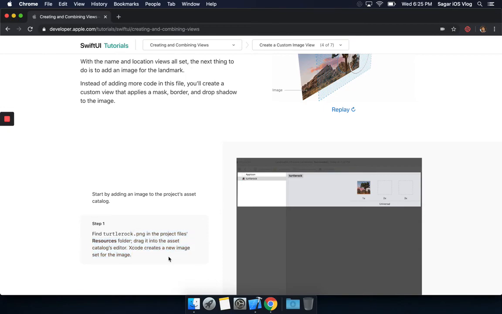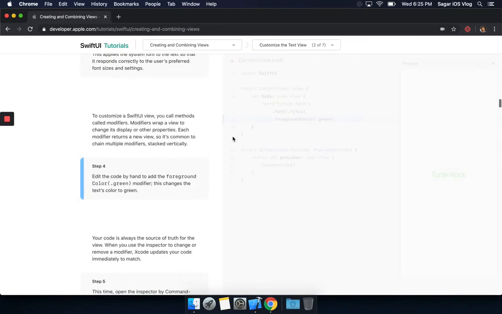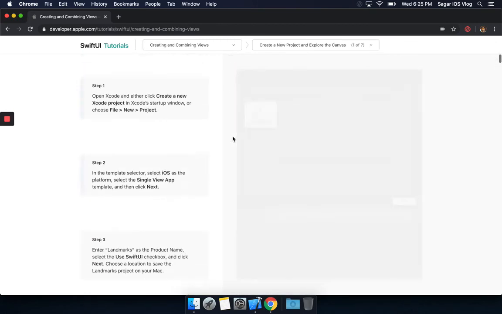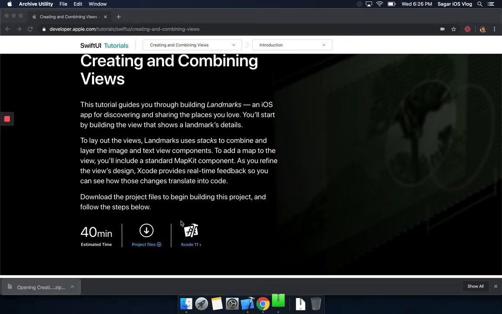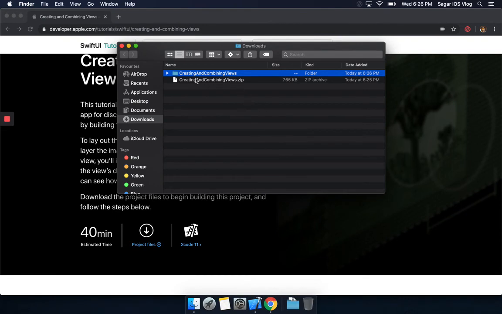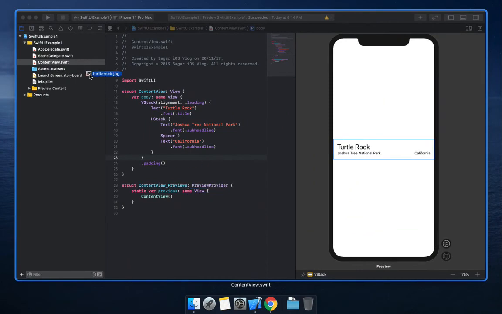We don't have this image, so we'll download this from the resources which is given over here on the top of the tutorial. I'll download the project files. Nice. Unzip it, and inside these resources we have this turtle log. I'll move this inside our project, inside